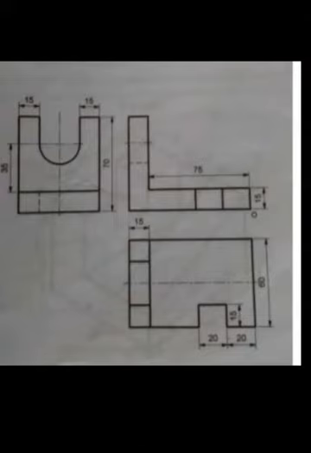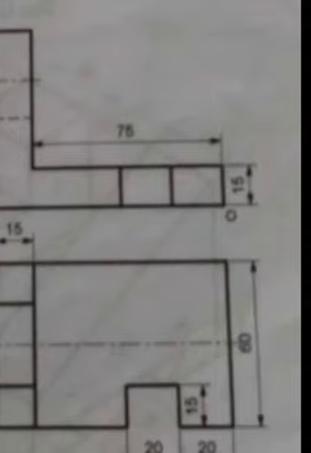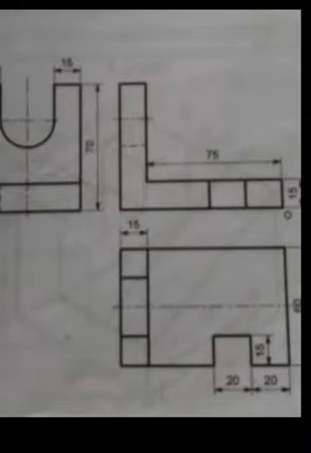on the left side. Just see the front view of the object here and try to find out what are the dimensions of this object here. Tell me what are dimensions here. In the front view it appears length, correct? So length of the object is 75 plus 15, so that is 90 mm. Length is 90 mm. Height of the object is the entire height, maximum height, it is 70 mm. And what is the width of the object here? Width of the object is 60 mm. So length 90, height 70, and width of the object is 60 mm.